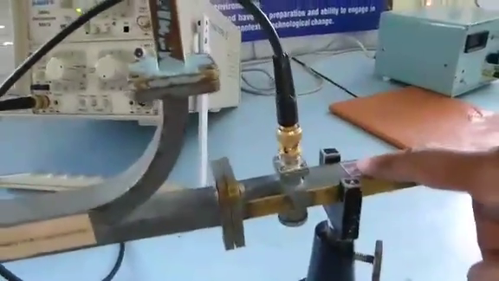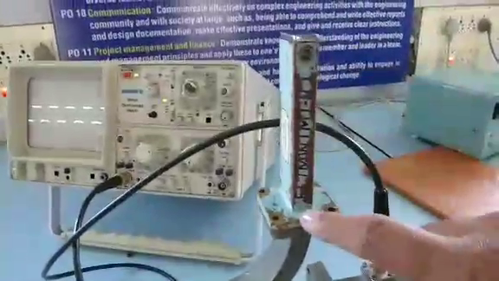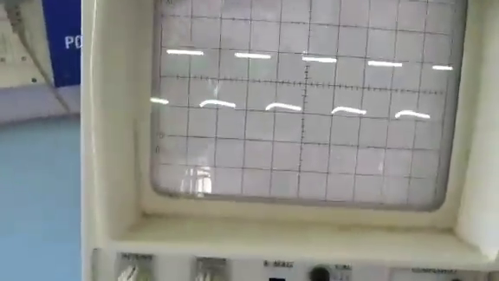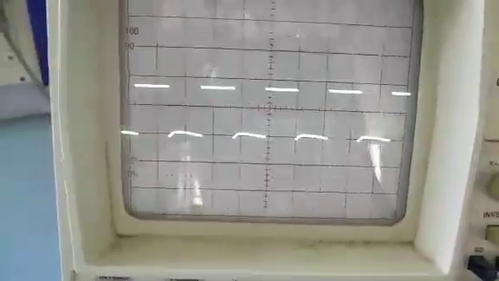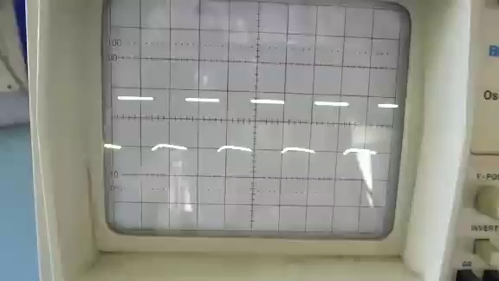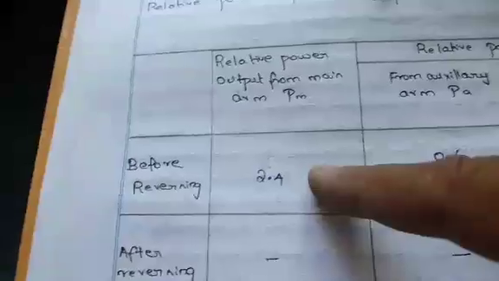Now the directional coupler is connected in the forward direction, and we have connected the diode detector in the main arm, and the side arm is terminated with a match termination. Now we see the reading. Reading is around 1.8 divisions. So that is noted here as the relative power output in the main arm.